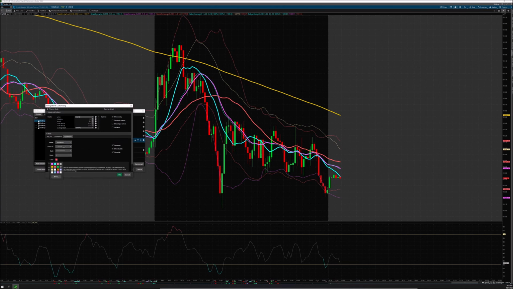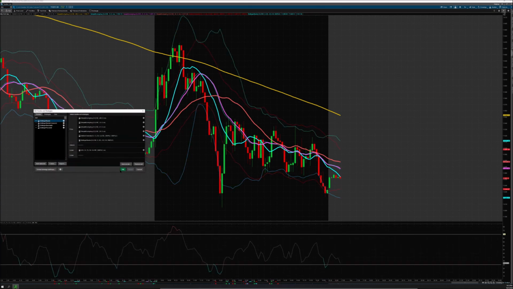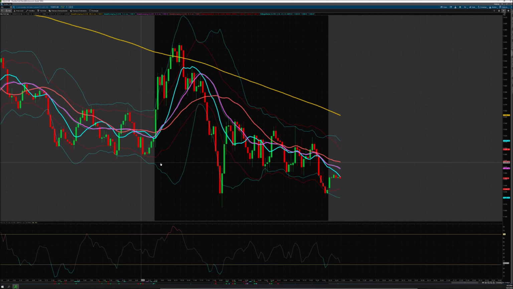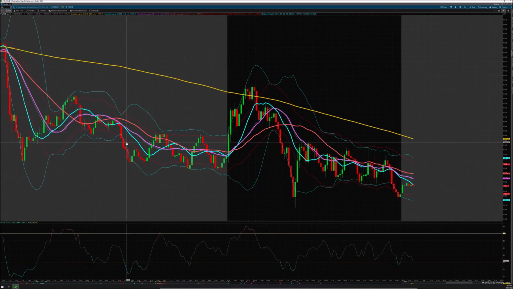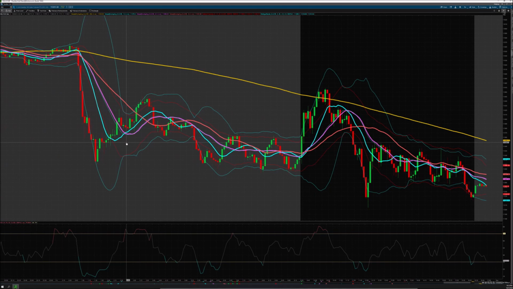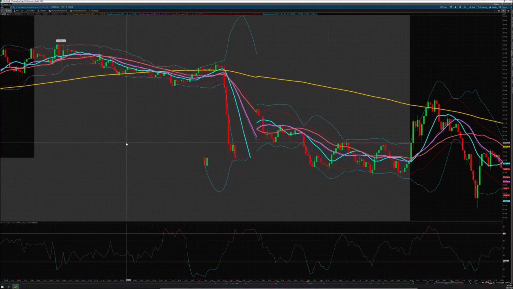This is basically to keep it a little more simple. So based on his strategy, we have the Keltner and the Bollinger Bands on the outside. He says when the Bollinger Bands are on the inside